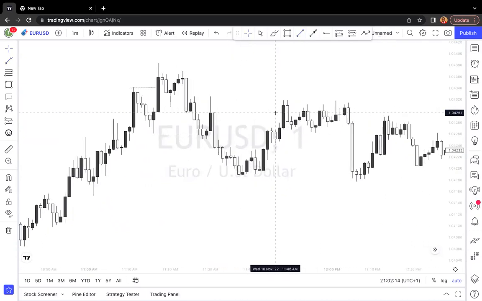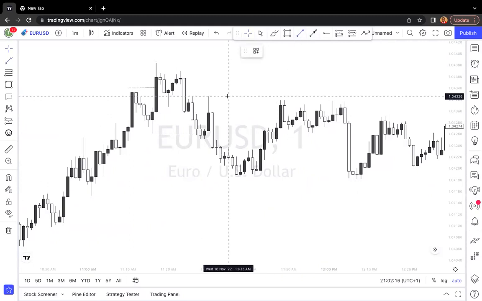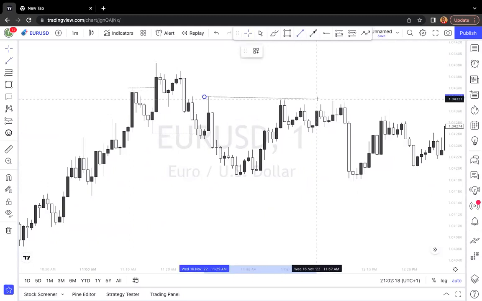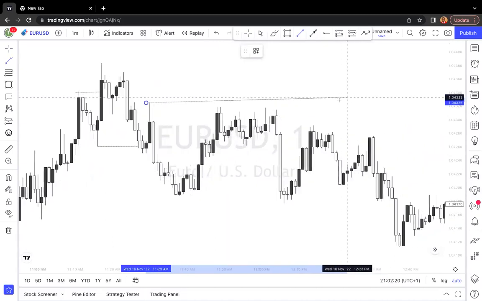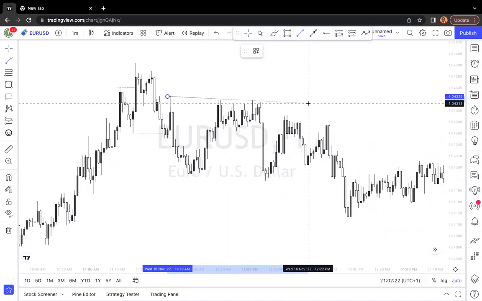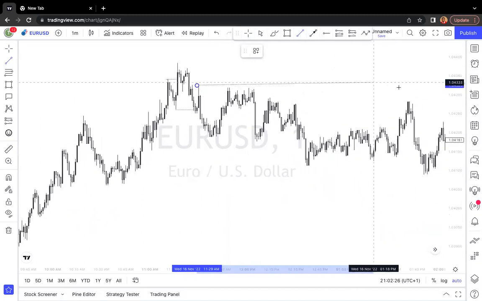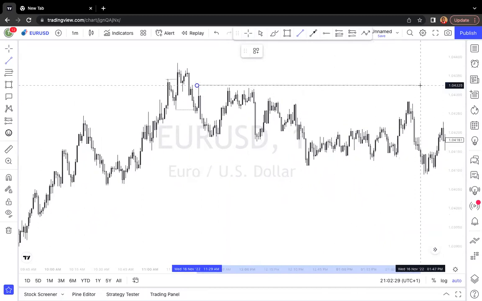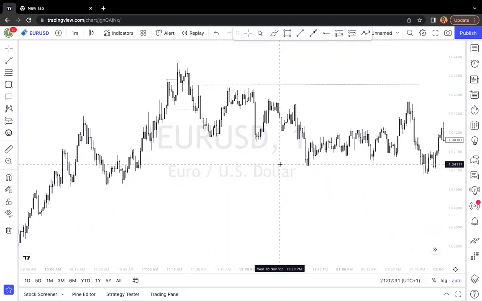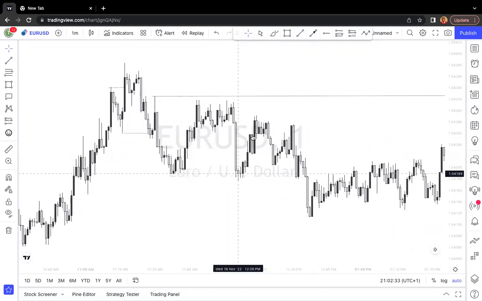Personally, and sincerely, I'll be waiting for this high to be raided. Okay, I'll be waiting for this high to get raided, but that did not happen. But regardless, price gave us a story it was now willing to deal with, okay? So I'll be looking for this area to be taken, but that did not happen. However, we had a new range to deal with. Why did we have a new range? We now had this low taken, right?